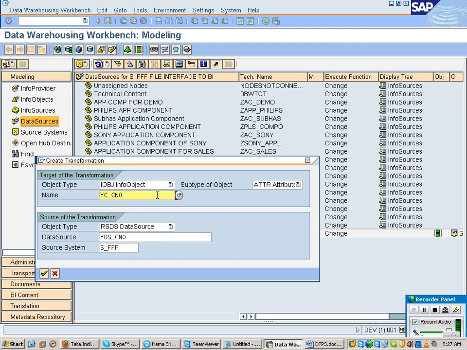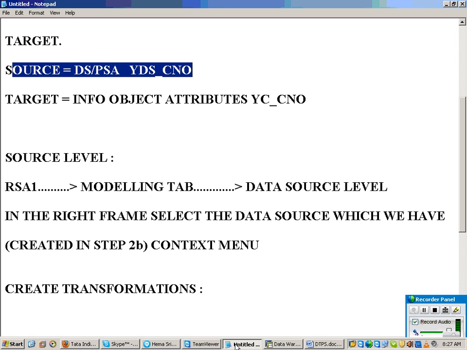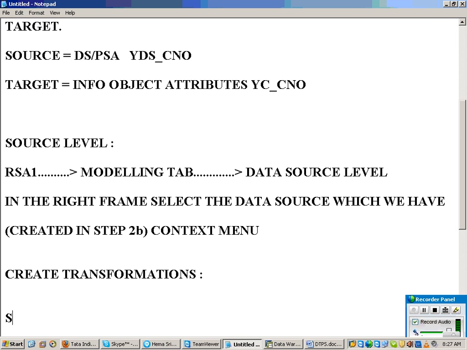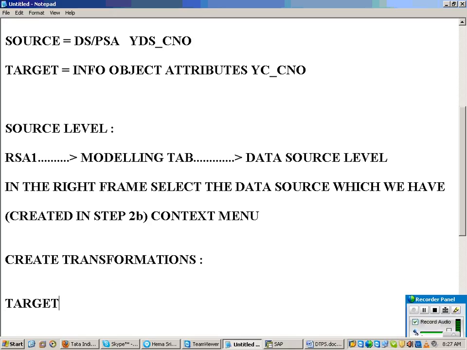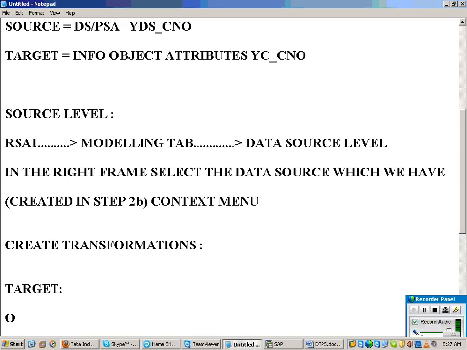Continue. Create transformations. It is asking for the target now. For the target, the object type is... So now I am coming one by one. Now we are taking info object. Next will come info cube, next will come something called DSO, like that one by one.